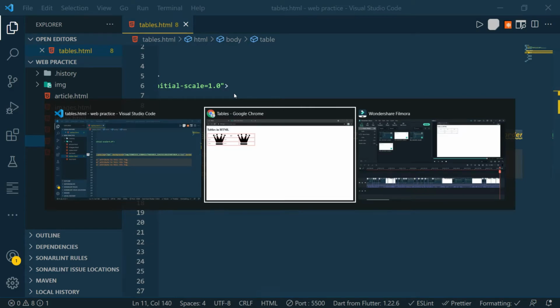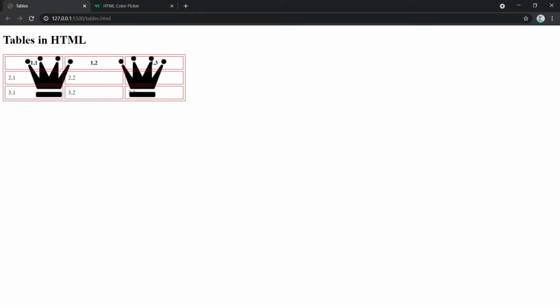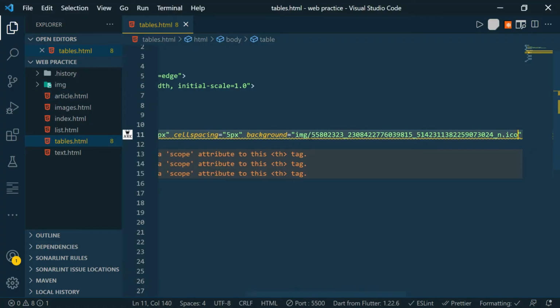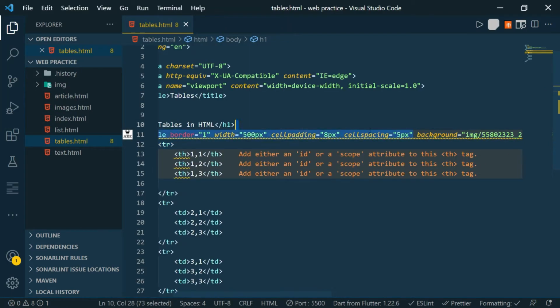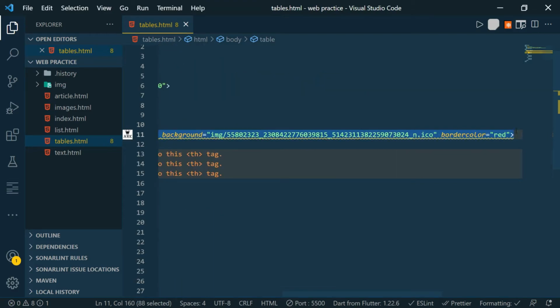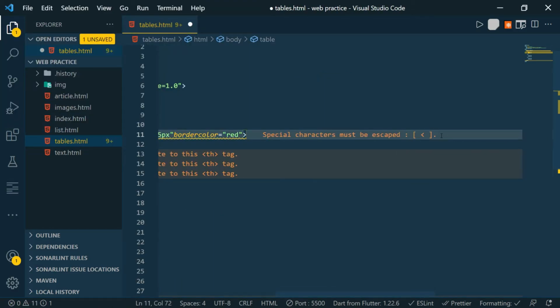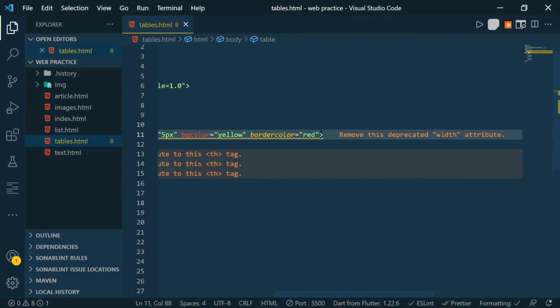You can see the background image is added, but it's a mess because it is repeating the image two times and it is not even proper. We need to keep the size and aspect ratio of the image in mind before adding any image. So we will just remove this background image, and we will use our bgcolor attribute again with yellow.